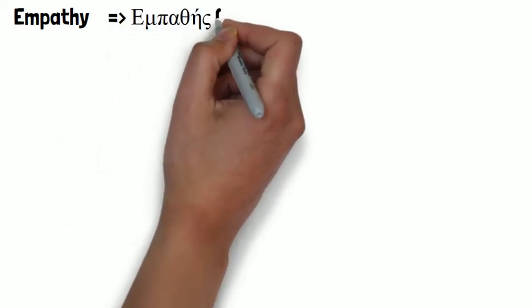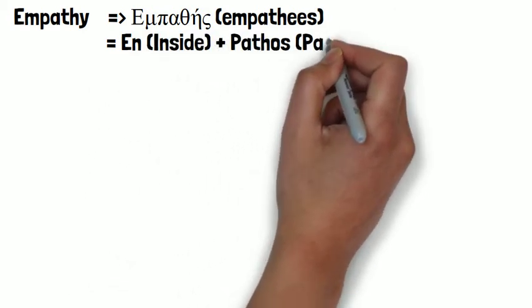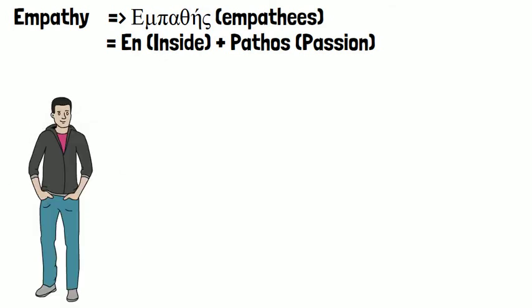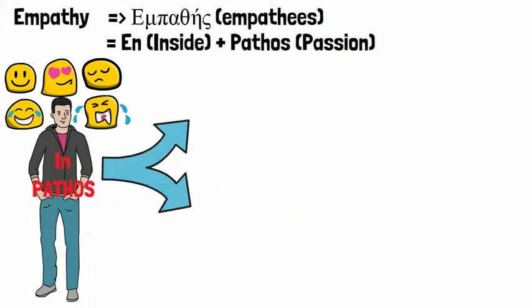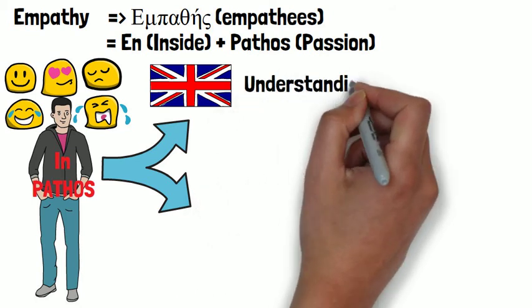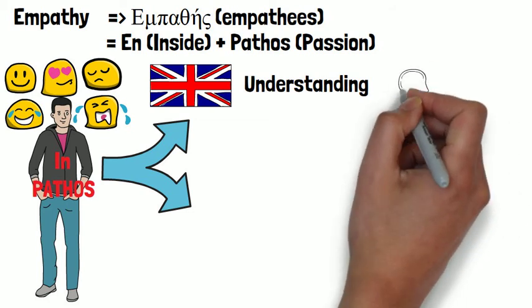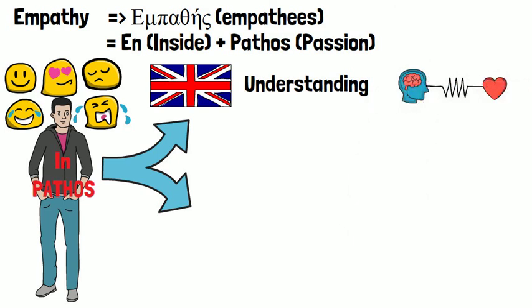The Greek word empathia is derived from the word empathis, which consists of the words en, which means inside, and the word pathos, which means passion. So in other words, it means the one who is in a state of passion. So in this regard, you could say that the meaning of the word evolved to mean that I am in a state of passion. Because I feel touched by someone else, I understand him, her deeply, and I can almost feel his or her emotions. I am participating in his passion, hence it's a positive meaning. A really nice interpretation if you ask me.